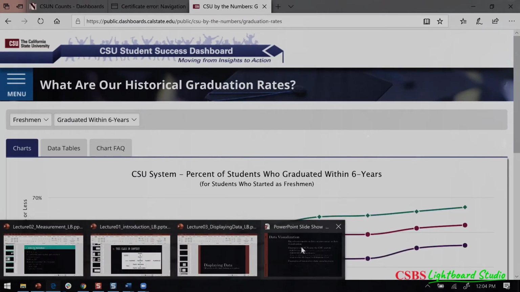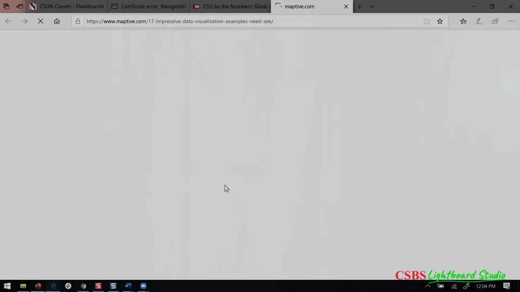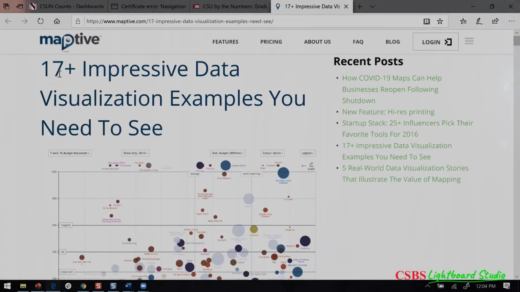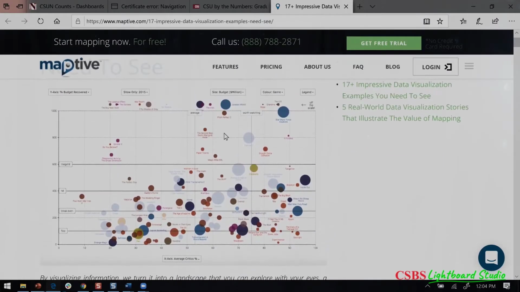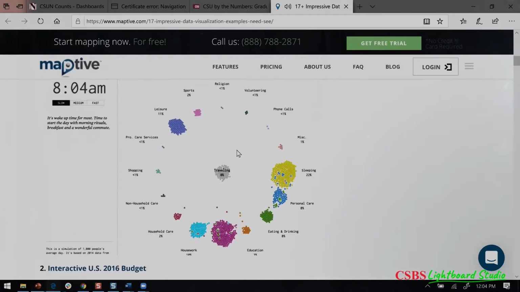More interestingly, I wanted to show you this down here. If you have time, go through and click on this and play around, because there are a lot of cool, trippy data sets, 17 plus impressive data visualization examples to see. This is one of my favorites, actually, it's down farther, the actual map. So this one is interesting